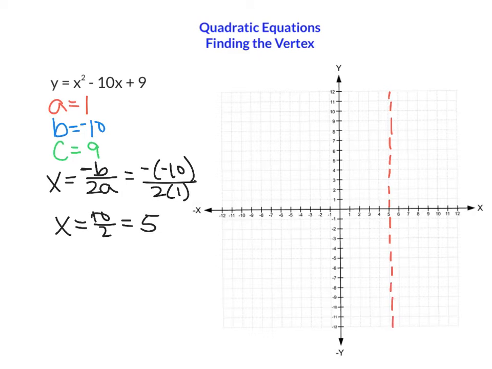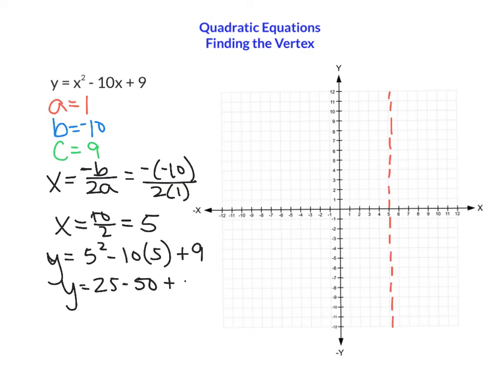What that means is that my x value in that vertex, that ordered pair, is going to be 5. So now what I'm going to do is take that value, that 5, go back to my equation, and substitute in 5 for x. So instead of x squared, I'm going to have 5 squared, and then 10 times x will be 10 times 5, plus 9. So let's see, 5 squared is 25. I'm going to take 25 minus 50 plus 9, and that will give me